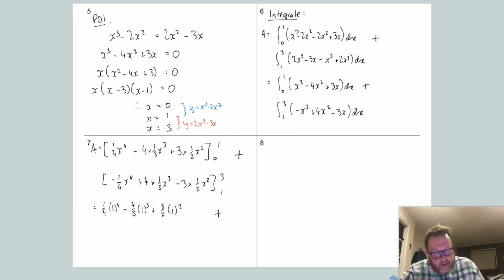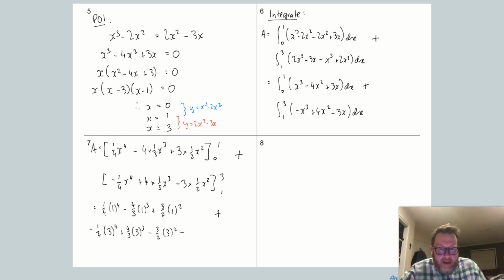Plus, and now this is the bit that needs to be looked at more carefully. We've got minus a quarter. So minus a quarter multiplied by 3 to the power of 4. And then we've got 4 times the third, which is 4 over 3. So it's plus 4 over 3, 3 cubed, minus 3 times a half is 3 over 2, 3 squared,